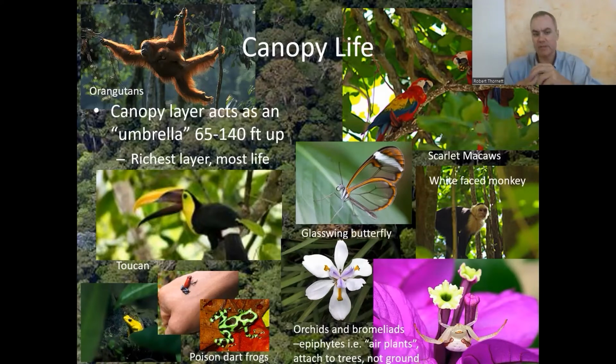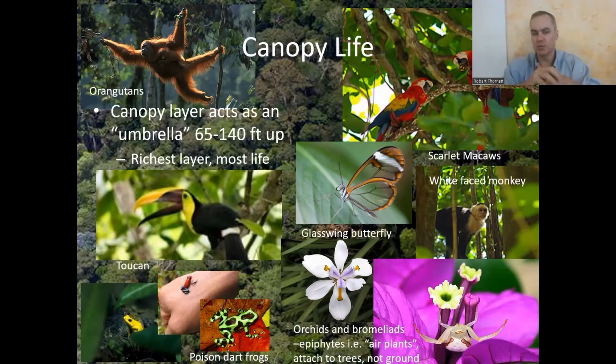In Central America, you have something called poison dart frogs. It's sort of a symbol of Costa Rican tourism. They're called poison dart frogs because they have a poison literally in their skin, their protection. You have air plants. Air plants are called epiphytes. The bottom right, those are plants that hang off of other plants, hang off of trees, rather than growing out of the ground. So orchids, for example, or bromeliads are examples of epiphytes, air plants that hang off of other trees rather than shooting out of the ground.